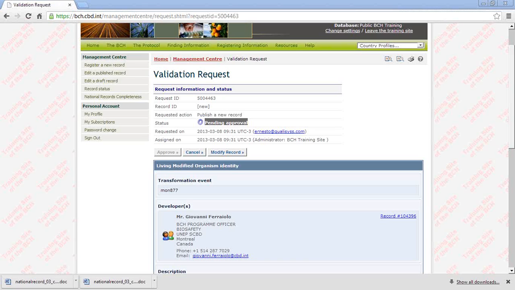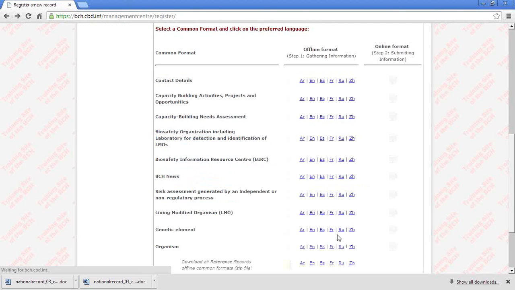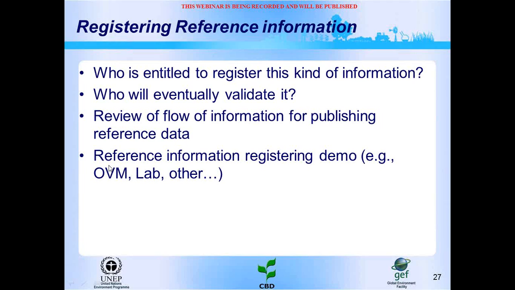Okay. And then you will see in the main page how it looks. Approval. Okay. The same kind of procedure we can use for any other reference record. So to recap about this,